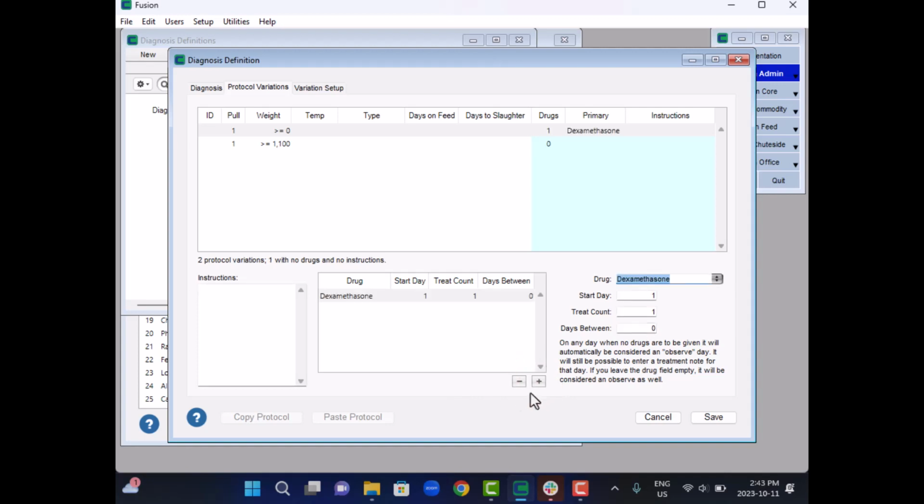Let's include penicillin in the list. We want to administer penicillin immediately and then daily for a total of 5 days. So we enter 1 for the start day, 5 for the treat count, and 0 for the days between. If we wish to administer penicillin every other day, we'd enter 1 in the days between field, extending the treatment